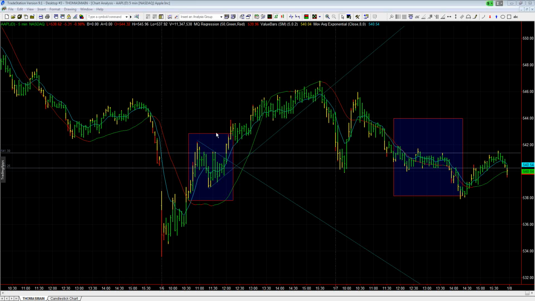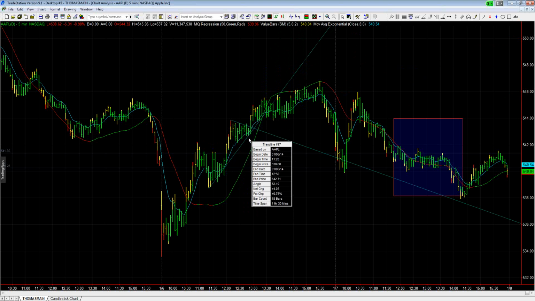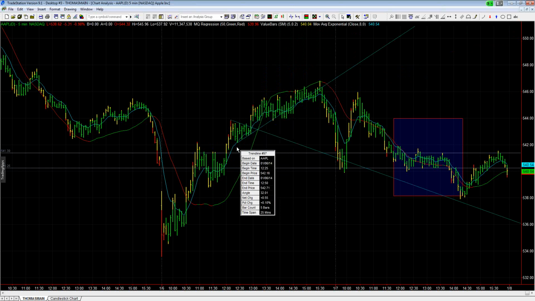Here is an example of a nice pennant pattern that you had in Apple right here. You can see you had the wide range, the narrower range, the narrower range again, and then finally the breakout ends up climbing up very nicely. You had another one right here, another pennant pattern right there on the 5-minute chart, bouncing off the highs and lows, finally breaks out, climbed up again. So this is just on a 5-minute basis.